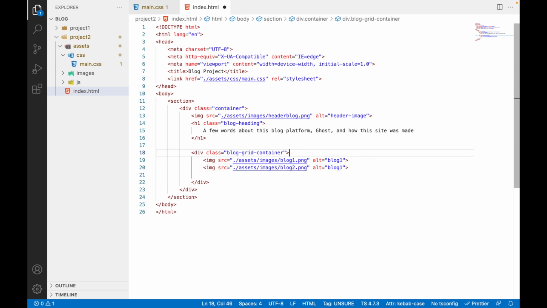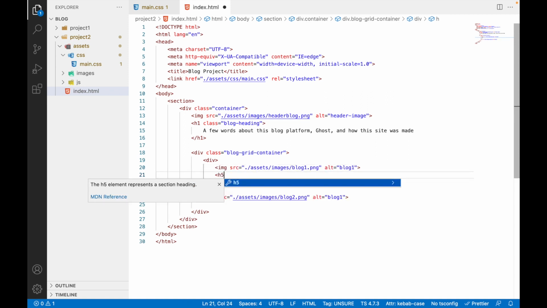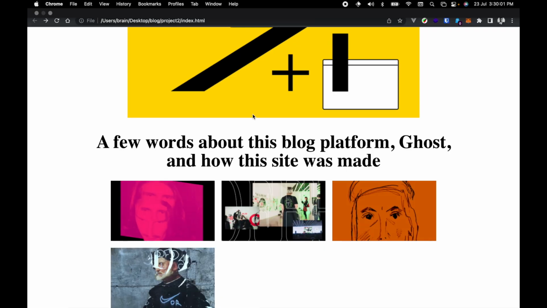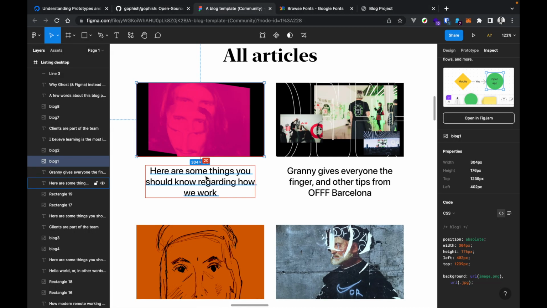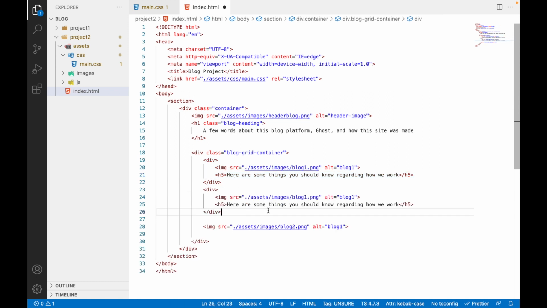The difference we are going to make here is we're going to have a div, and within the div we have the images, and every image will then have a text right beneath that. So let's work with paragraph 5, and we're going to pick sample text from our design. Let's go to our Figma file, and let us select. So here are some things you should know regarding how we work. Okay, so we're going to have that text right here. Here are some things you should know regarding how we work. Alright, so we can also duplicate what we have here by just copying and pasting that,